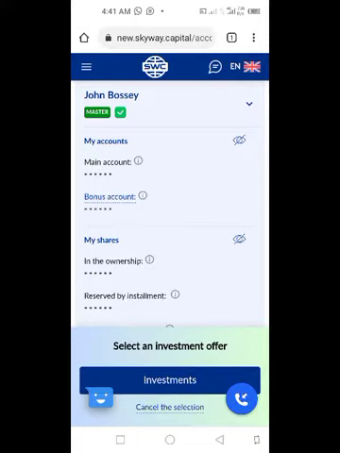Now, I am sharing this video because when I began investing in Skyway, I did not have this knowledge that I have now and I'm about to share with you. So when I wanted to pay on my existing installment, I ended up using the money to open a new package because I did not know. So I eventually had to pay for two packages simultaneously because my second installment I wanted to pay, I ended up using that money to open a new investment program. I'll be showing you the difference in this video.